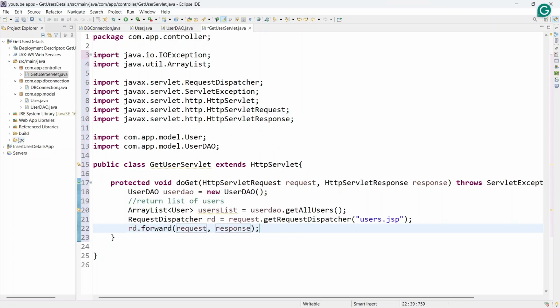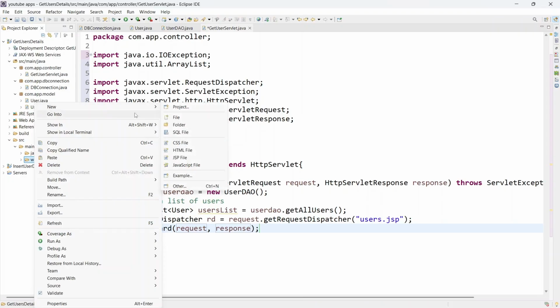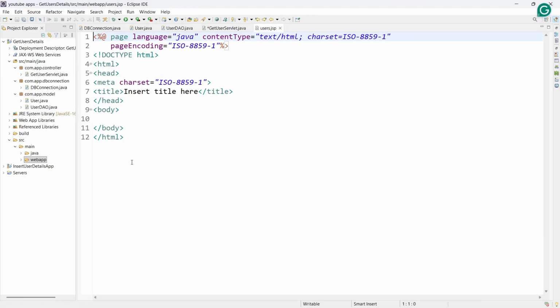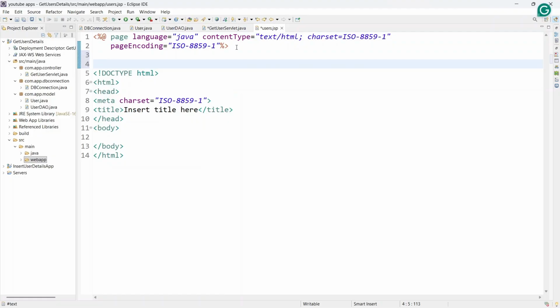So let me go to web app and right click on web app, go to new and create a JSP page or JSP file. So users, so our users.jsp page is created. Let me write some import tags because